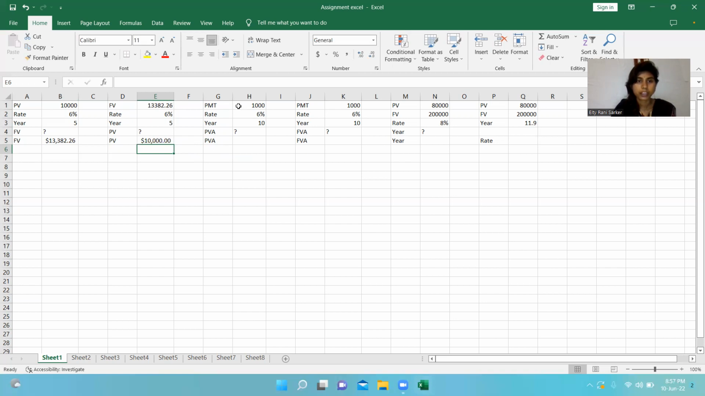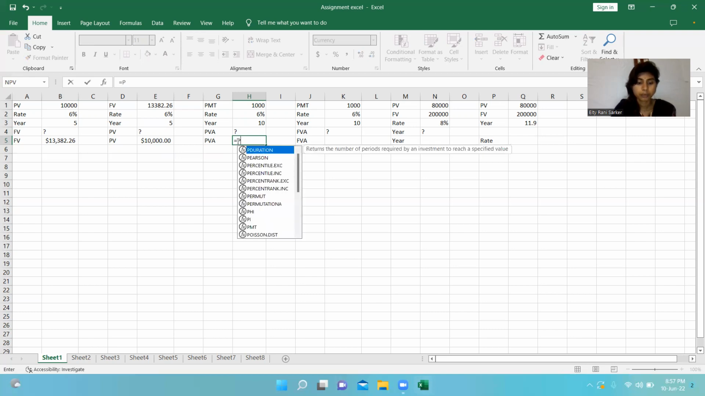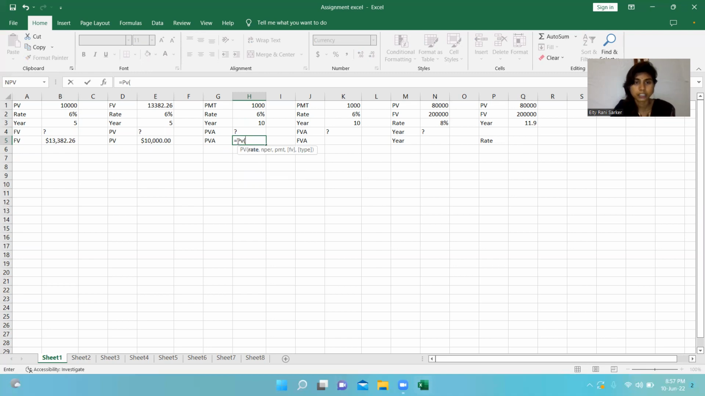present value of annuity calculating. PMT equal 1,000, rate 6%, year 10. Present value of annuity is what? So to calculate the present value of annuity, write equal PV, starting bracket, then select the